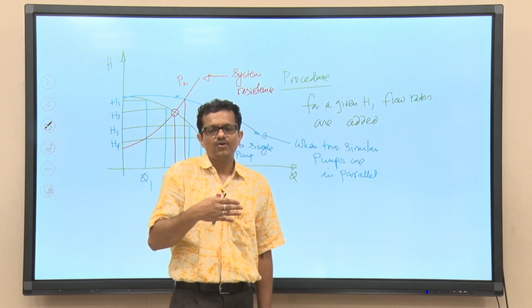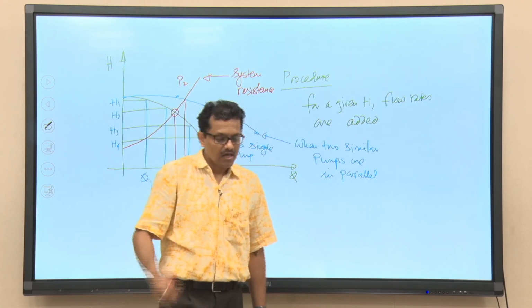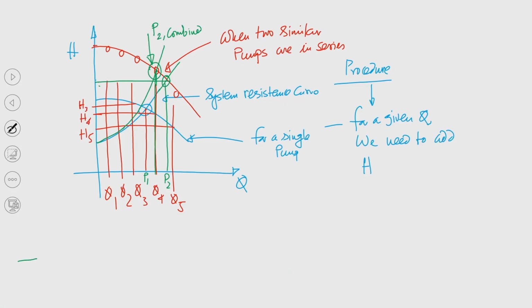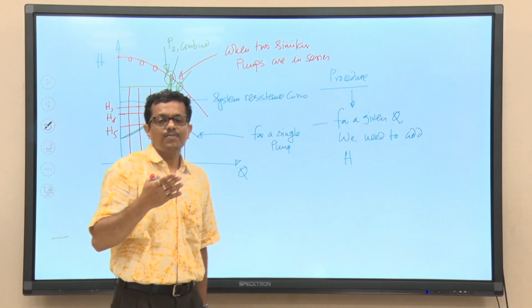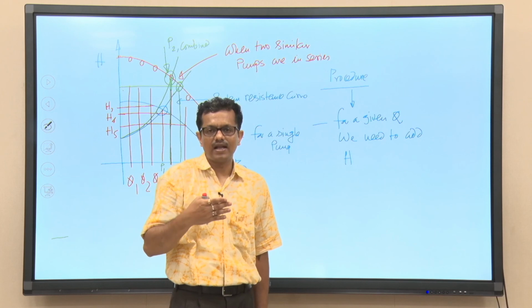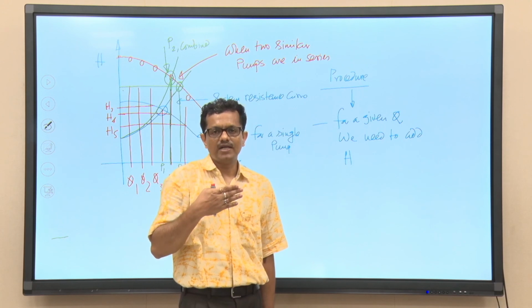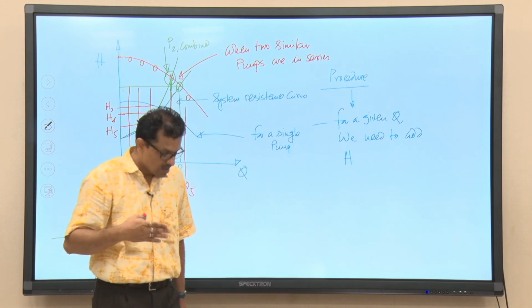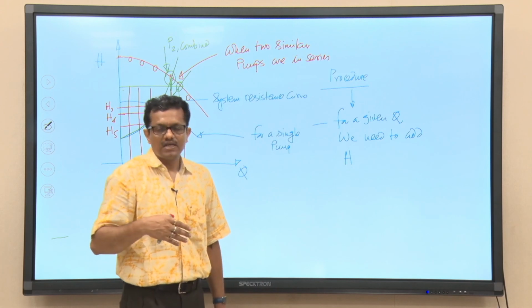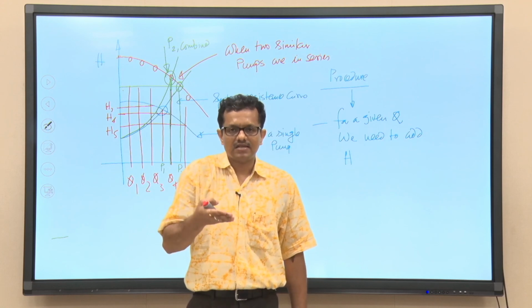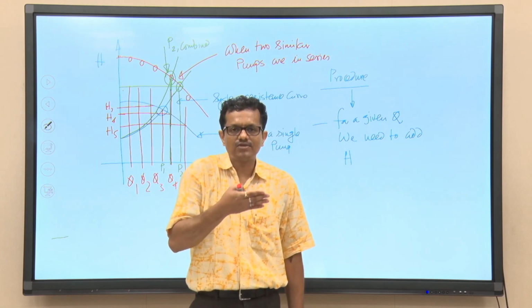That part we will be discussing in the next class, along with whatever we have discussed today, that this is the combined system for a single pump and when two similar pumps are in series. Basically, today we have discussed, when two similar pumps are connected either in series or parallel, what will be the HQ characteristics of the combined pumps and what will be the operating points. But most importantly, as I was saying, if the requirement by the end user, maybe after 10 years, they feel that the requirement should be